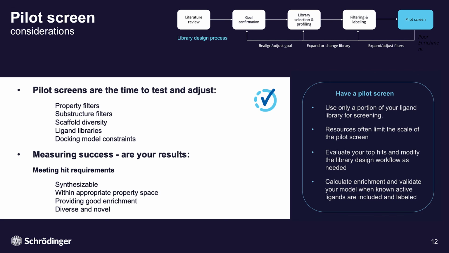The pilot screen is also an ideal time to validate your model by calculating enrichment when known active ligands are included and labeled. Since pilot screens work with a much smaller subset of ligands than the full screen, diversity and novelty are expected to increase, which may make assessment of these properties during the pilot stage difficult. The number of ligands to screen during the pilot or model validation run is typically limited by resource availability. Pilot runs can range from a few hundred to tens of thousands of ligands screened, depending on library composition and